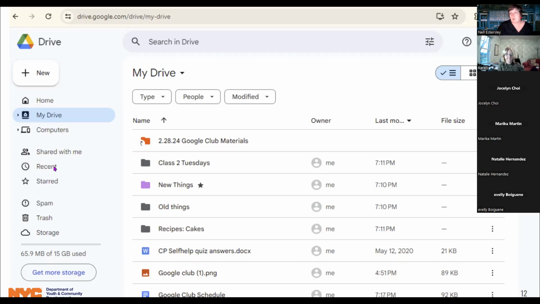Recent is another folder that is there automatically. So anything you've been doing recently will be there. But as you do work, the recent folder will move things down. So it's not a great place to go to, but it can be a great place in an emergency, right? That you were just using something and now you don't know where it is. Go look in your recents. But the recent will be constantly moving as you're doing new work.